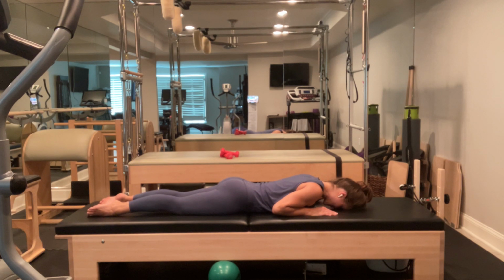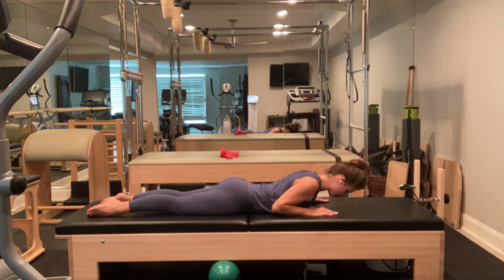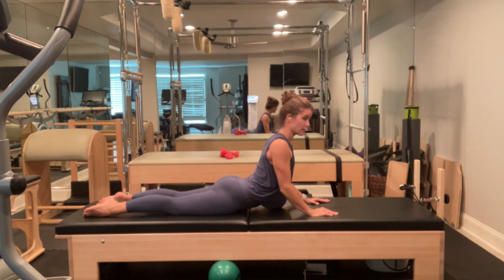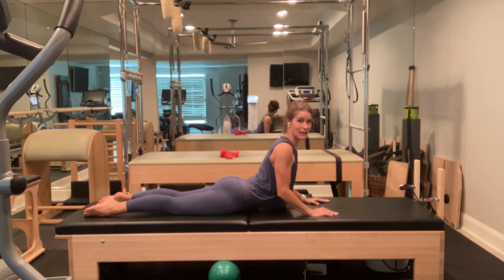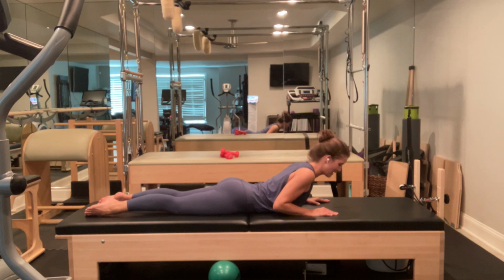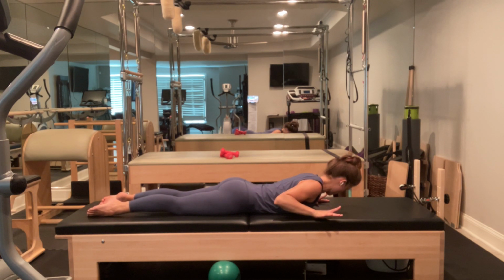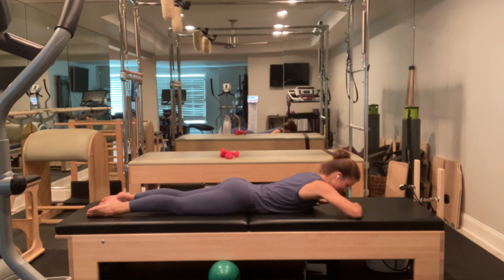So we really want to draw those together so that we have a nice even curve of our back. So inhale, wrap your ribs, wrap your ribs. Good job, guys. Then come back down, squeeze your glutes. And in we go. And now from here, I'm going to take my right hand and place it underneath my